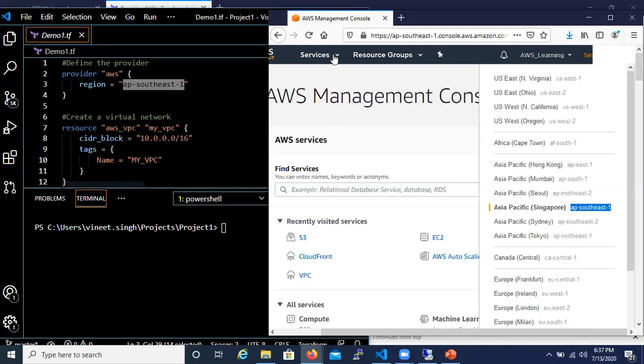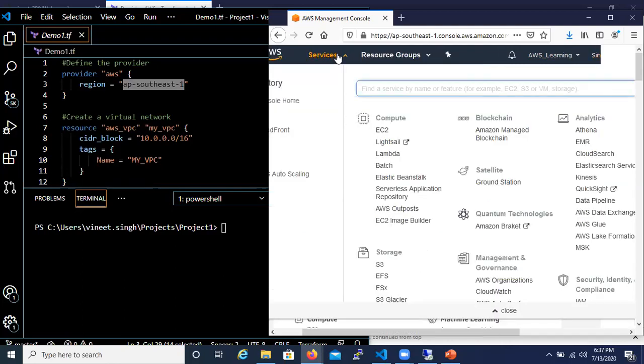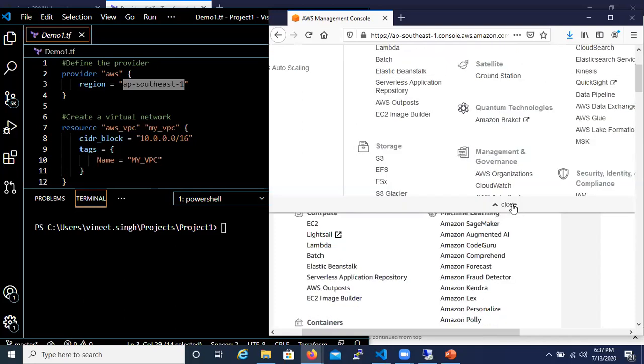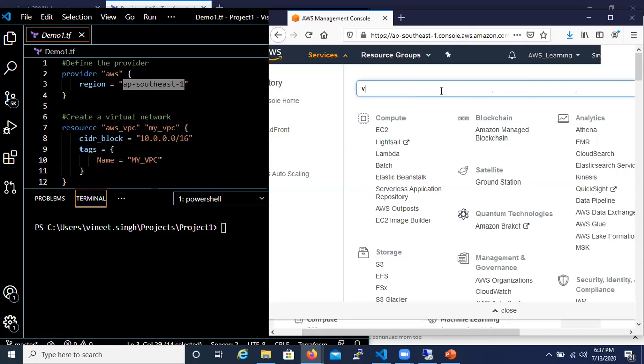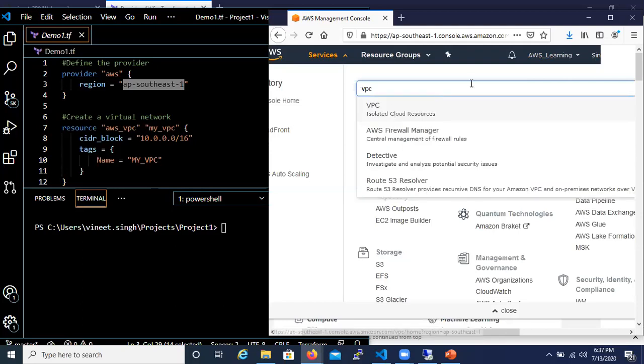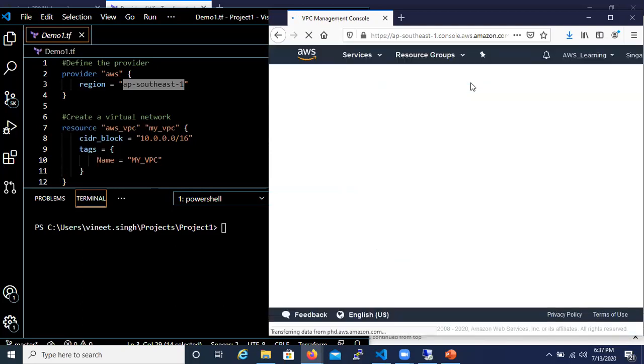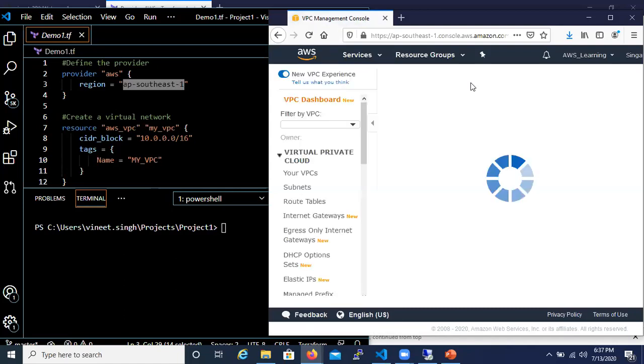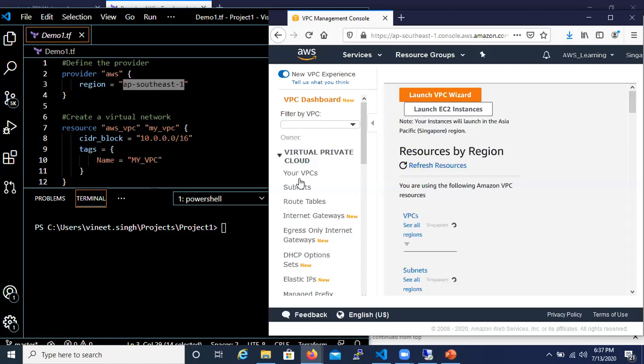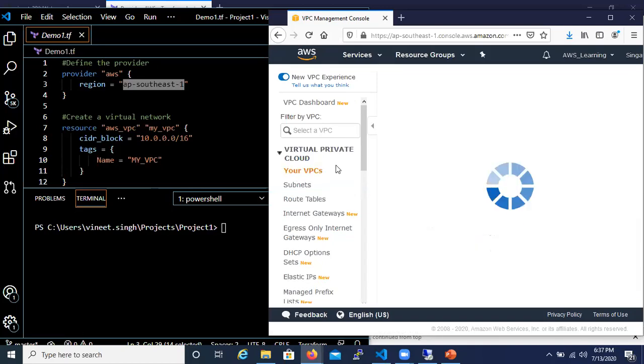Now, the next part is I'm going to create my VPC. So in services, if you scroll down, let's search for VPC. In here, you will get an option for your VPC.